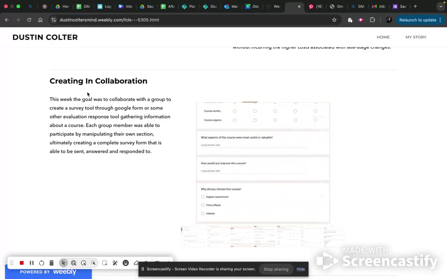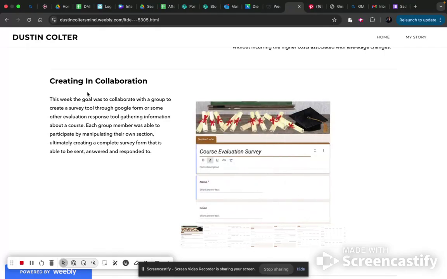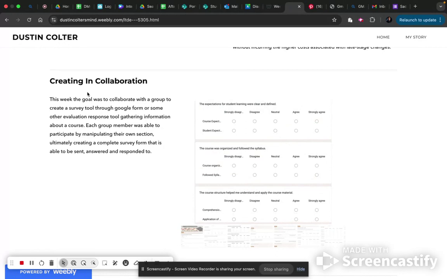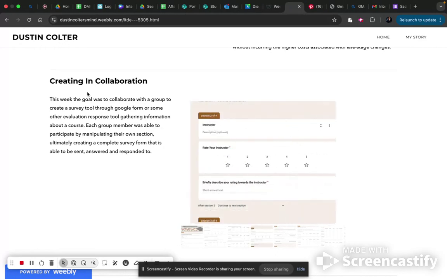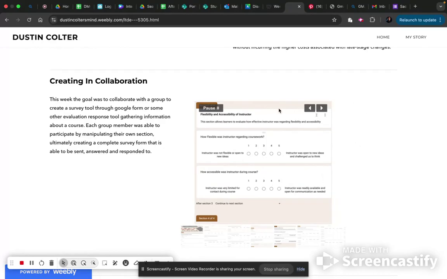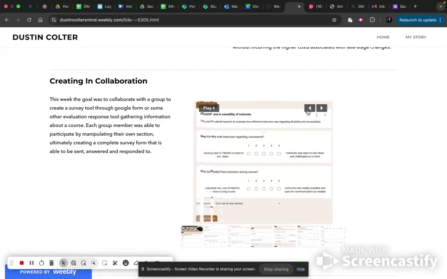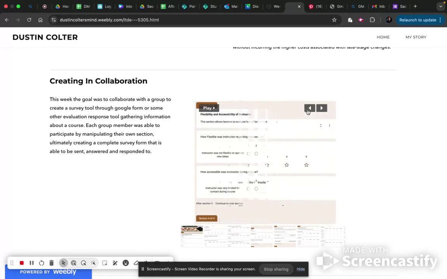The survey tool, through Google Forms or some other evaluation response tool, gathers information about a course. Each group member was able to participate by creating their own section, ultimately creating a complete survey form that is able to be sent, answered, and responded to. Here we just loaded a PDF, but as you can see, if you scroll through it, it takes you section